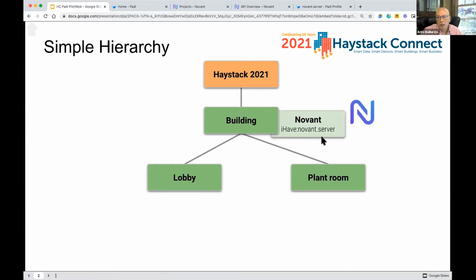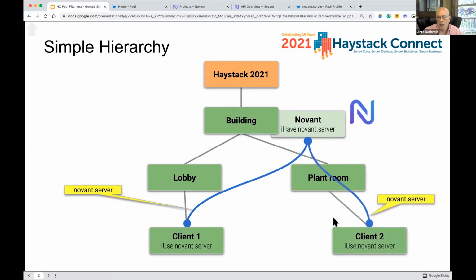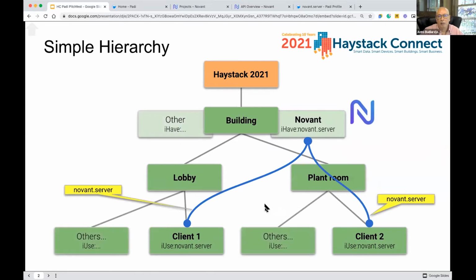We have partnered with Novant, which is a company that's also at the Haystack here, to create a Novant server. So we're going to install that and show you how that's done. And then we're going to install a client, there's also a Novant client, that will then automatically connect to that server. And that's the whole sort of connection profile mechanism that I talked about yesterday. And then we'll add another client just to show that it's scalable and potentially do some other things if we have time.